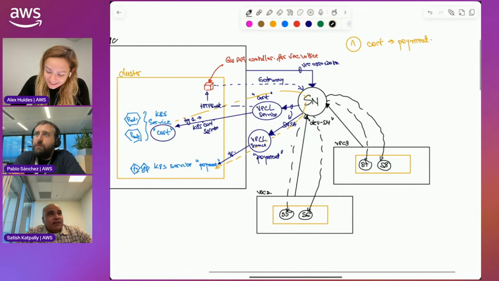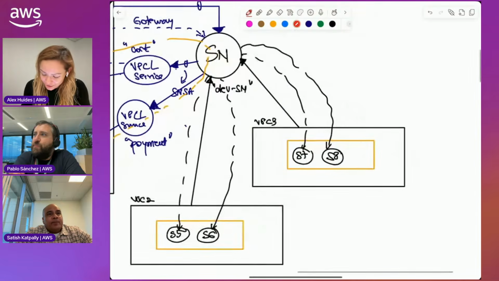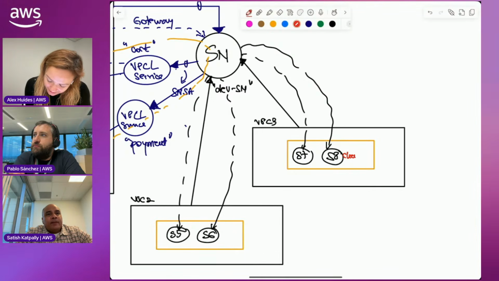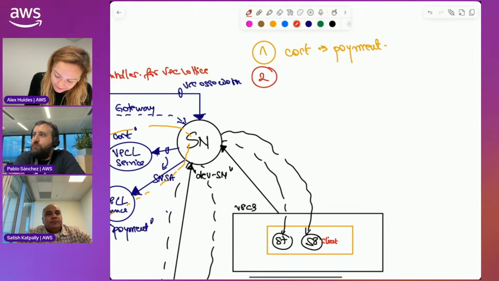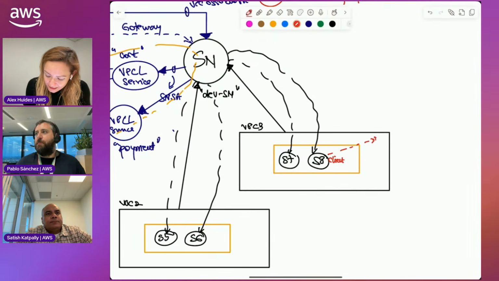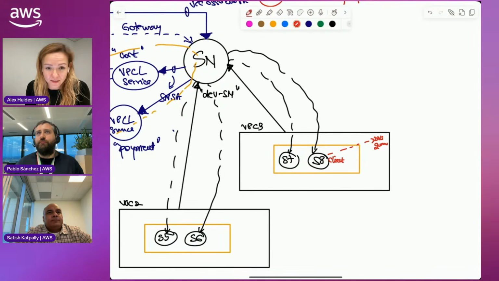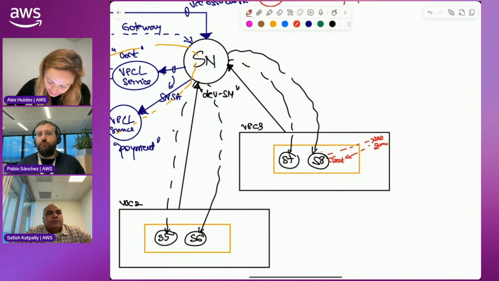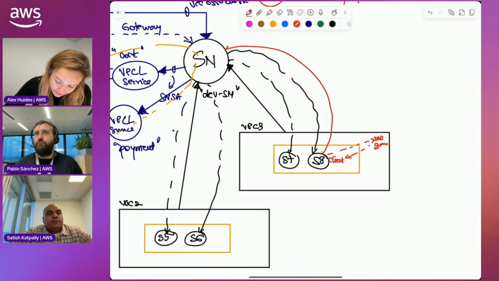Good one. Yes. So here, let's say service 8 is a client, and service 8 wants to talk to payments, right? So service 8 here wants to call payments. Now, service 8 is going to do a DNS query to the Route 53 resolver. It's going to get the Lattice IPs for payments, which is something like 169.254, et cetera. So it's going to get the IPs back, and then it's going to create a packet. And that packet is going to go to the service network, right?